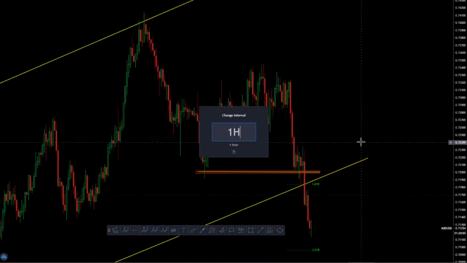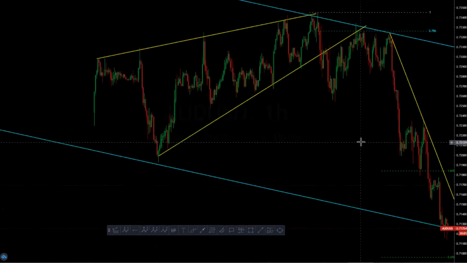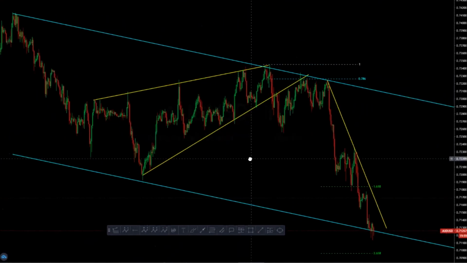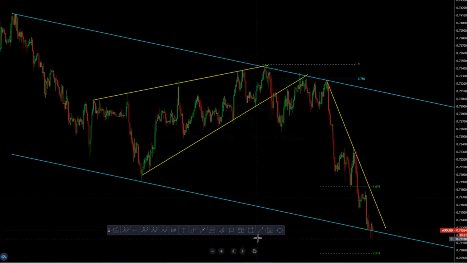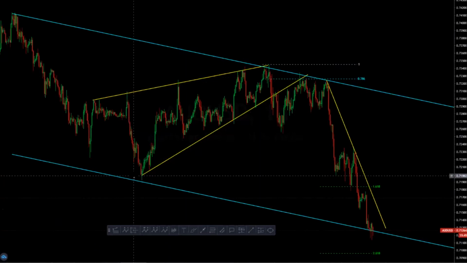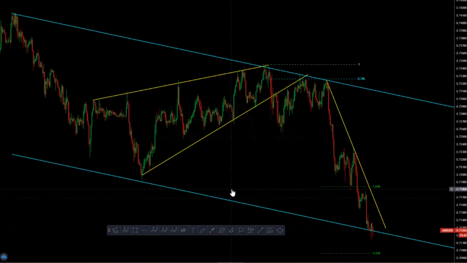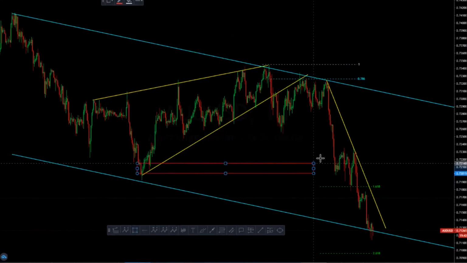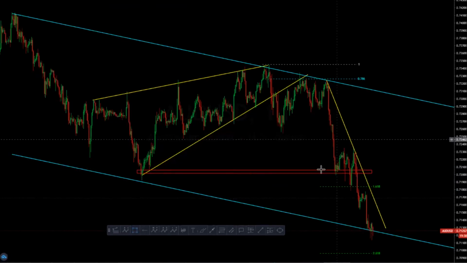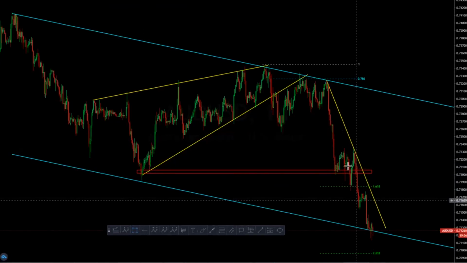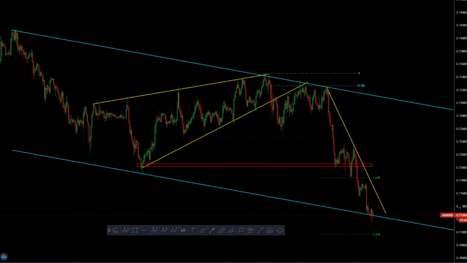If you go down to the 1-hour chart, this is the pattern we were looking at on Monday, where we got our shorts. This breakout retest is where we got our shorts. Market came, I was targeting this level, if I'm able to mark it for you. So this was my target level, around this level over here. This is where I came out. I banked about $100 on that trade,